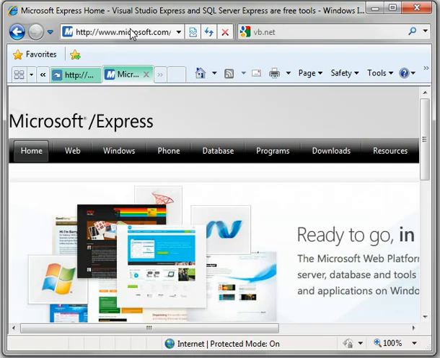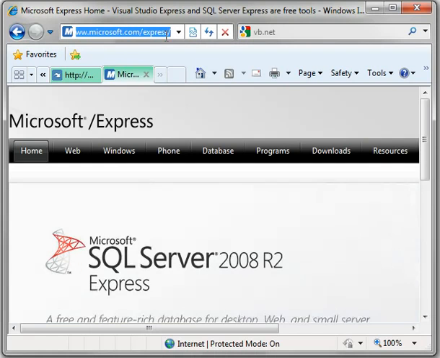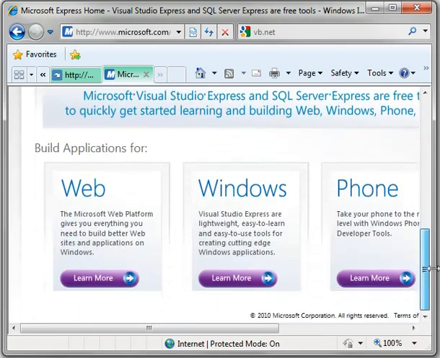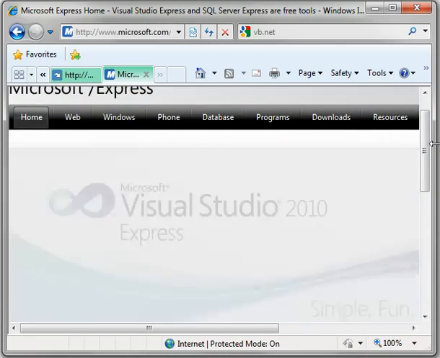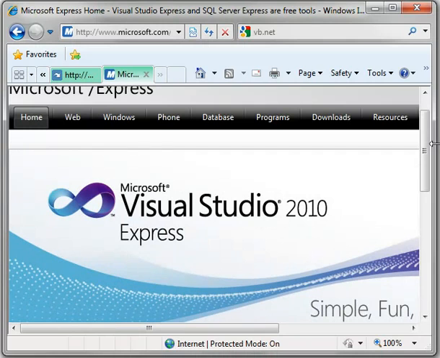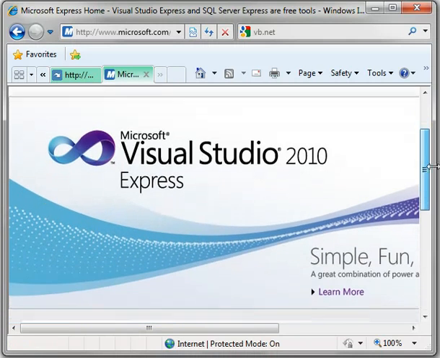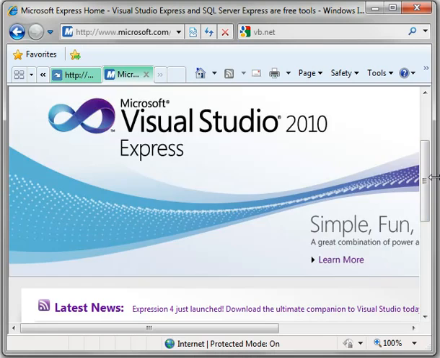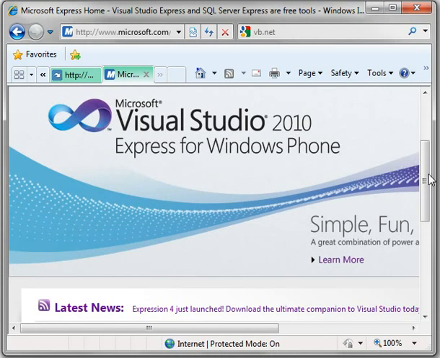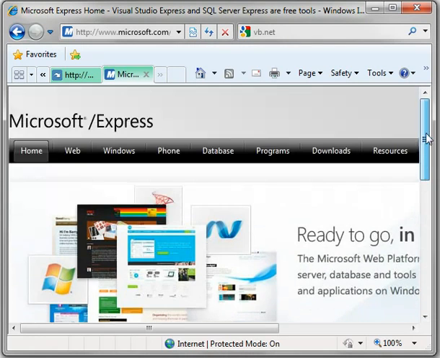What you do is you go to www.microsoft.com/express, and you can get free versions of all of their programs. You can get SQL Server, you can get Visual Basic, C#, Visual Studio. Now, I use the professional version of Visual Studio, but it also costs about $4,000. So don't worry, you're not going to have to pay a dime. For these tutorials, we're going to be covering the Express versions. So go to microsoft.com/express,